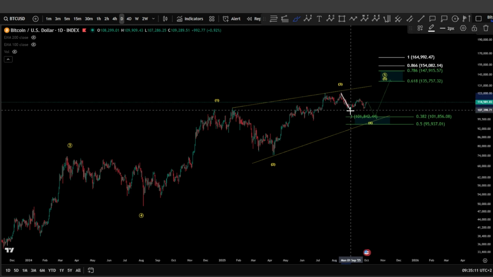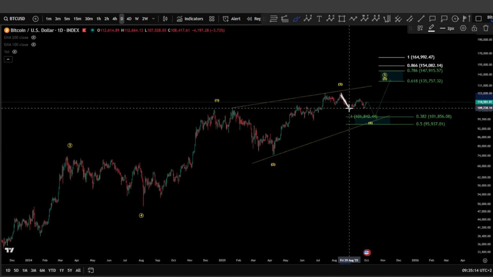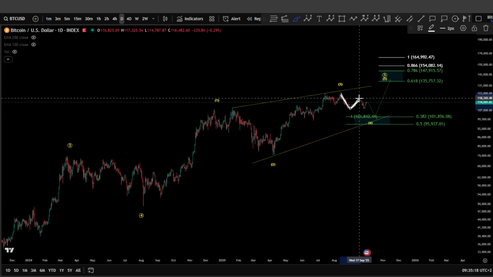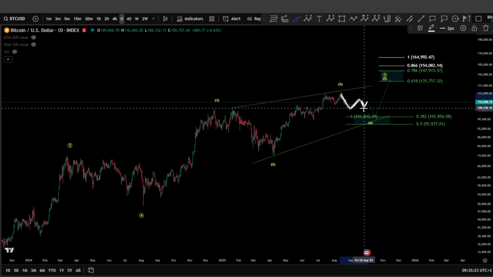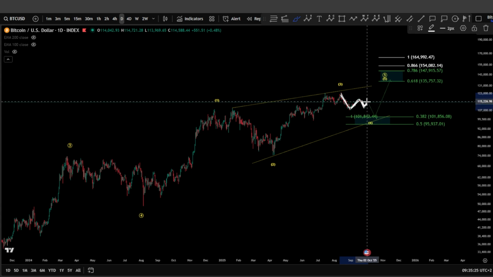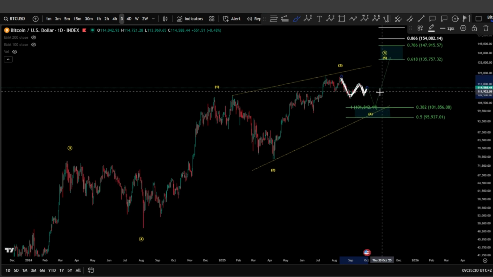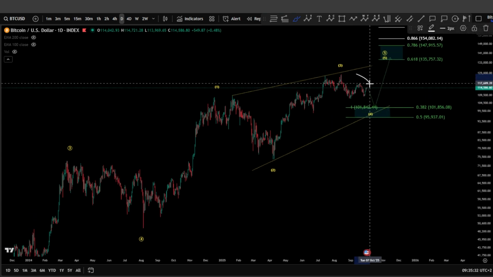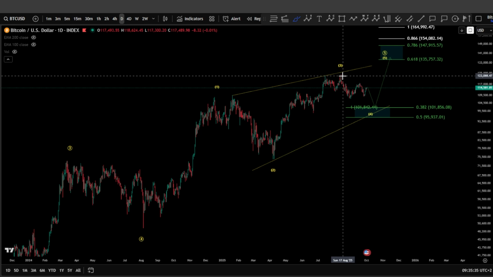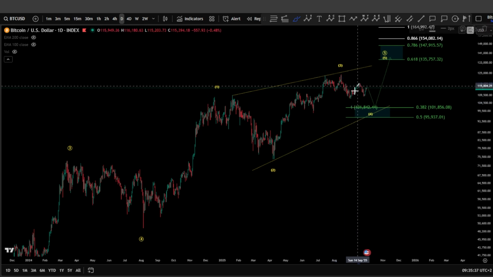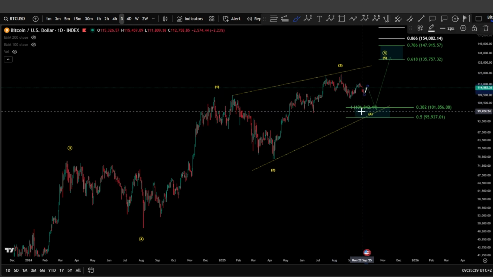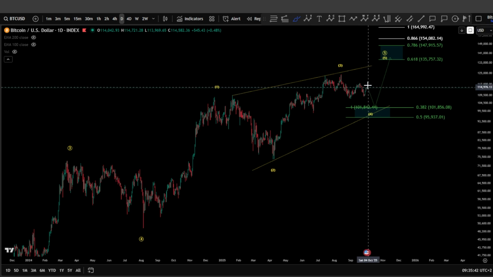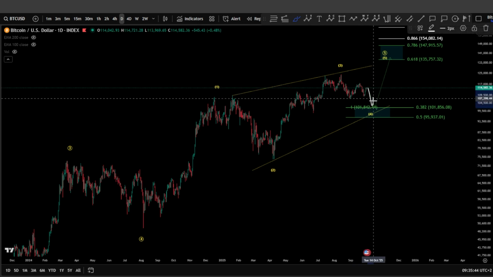The wave 4 has started already in a motive wave, a leading diagonal, wave A, wave B, given already analyzed that it is a corrective structure, and currently we are wondering if this is going to turn into a correction or into an impulse to change the direction of the market. Because the direction of the market right now is downward, since we have a motive wave downward, correction so far. And that means if this is going to end up as a correction, we might see continuation for the market downward.